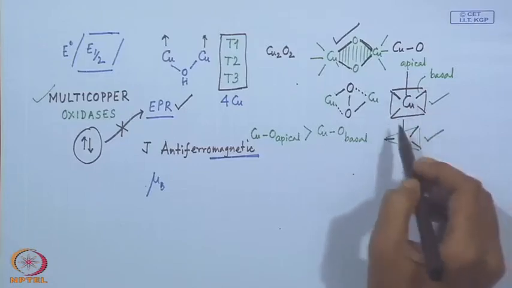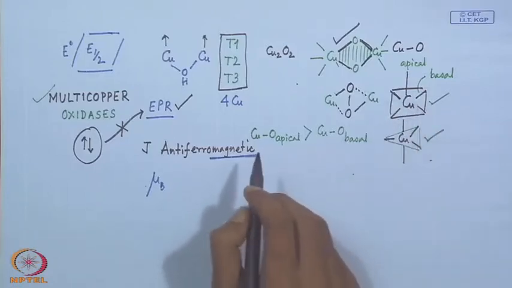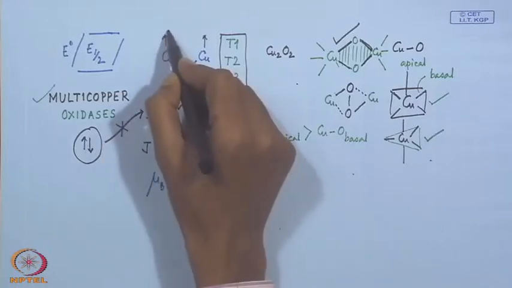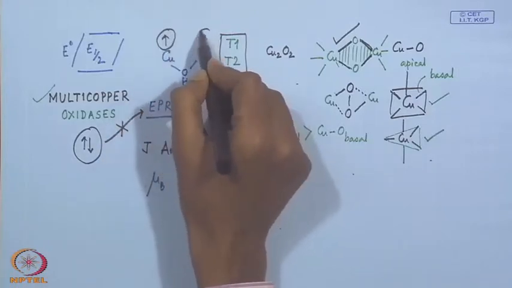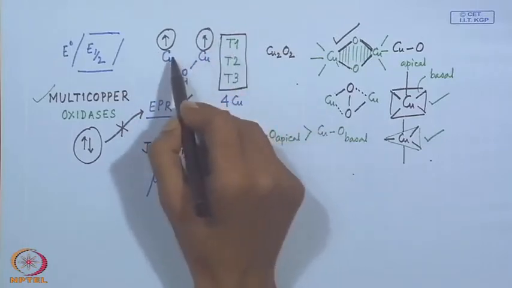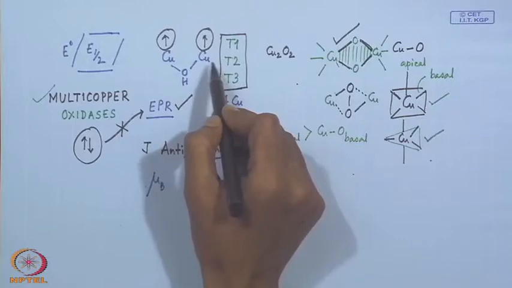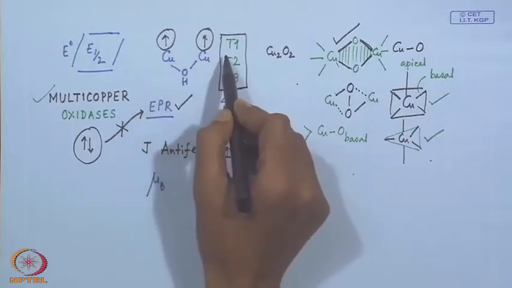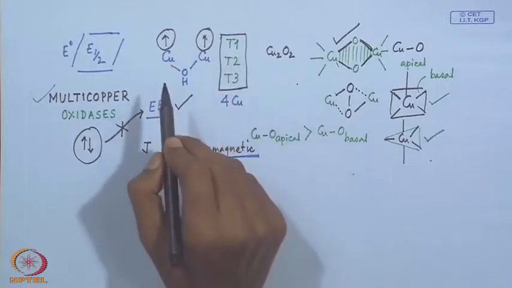That structure will tell you which orbital will be available for your unpaired electron, and then how close they are, that means this copper-copper distance, which is also important for their suitable